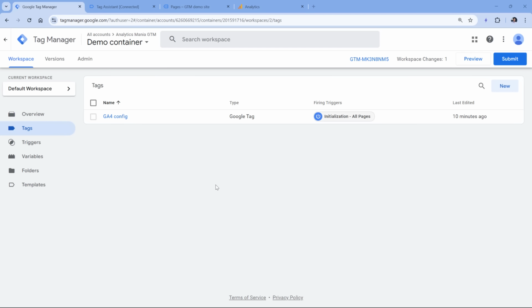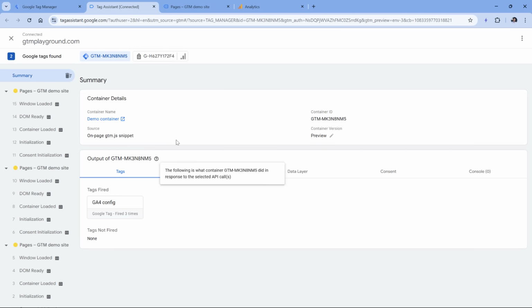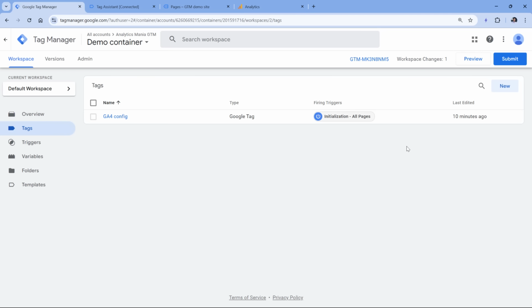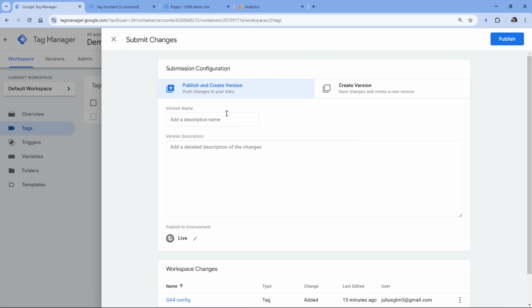Once you made sure that your setup works, the next step is to publish these changes live. Because right now, what you're doing here and whatever happens in the preview mode is happening only to you in your browser. Your website visitors who might be browsing the site, they are still not getting Google Analytics tracking code loaded to them. So to make these changes public, you need to click Submit, and then this will create a